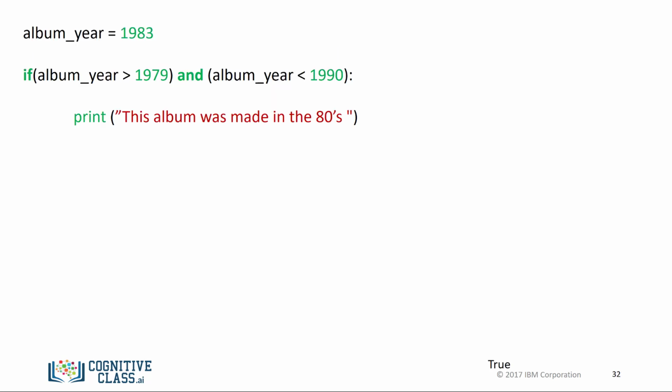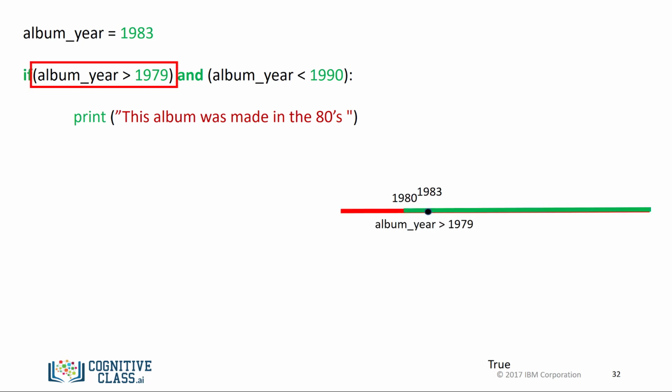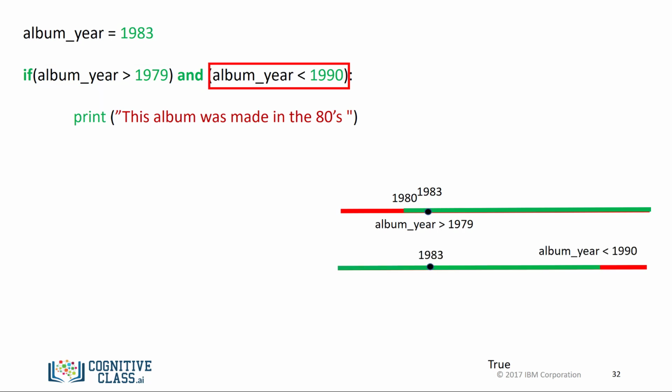The following lines of code will print out: This album was made in the 80s if the variable album year is between 1980 and 1989. Let's see what happens when we set the album year to 1983. As before, we can use the colored number line to examine where the condition is true. In this case, 1983 is larger than 1980, so the condition is true. Examining the second condition, we see that 1990 is greater than 1983, so this condition is